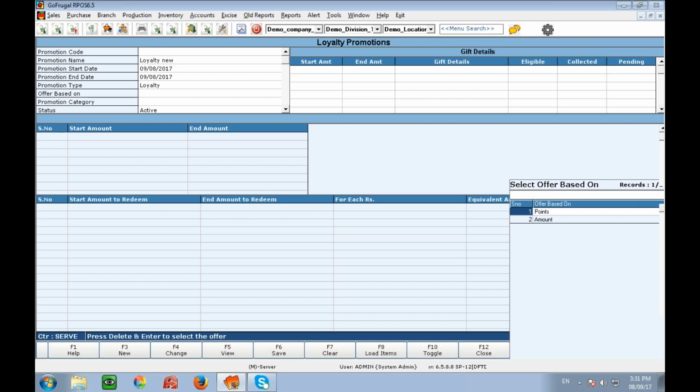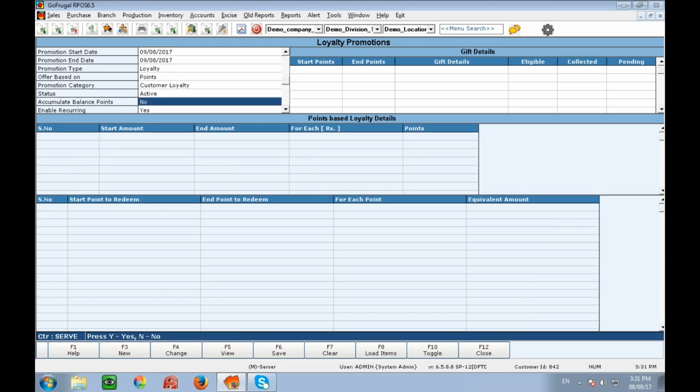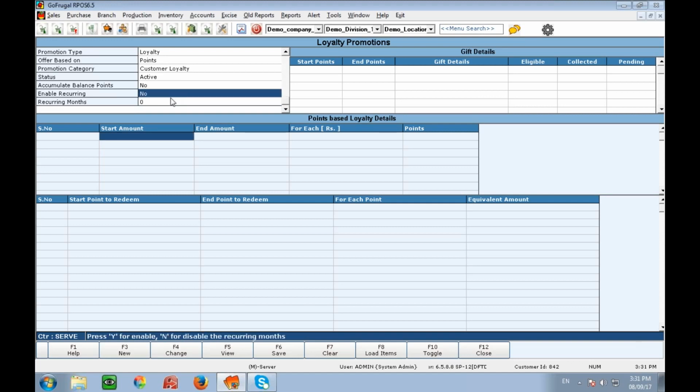I'll tell you how to configure that shortly. You can also set up recurring months. You may have a policy that only after a year can the customer redeem this amount, whatever amount they gain from the points. So you can enable this and mention the months. If you mention 12, it means loyalty redemption can be done only after 1 year.